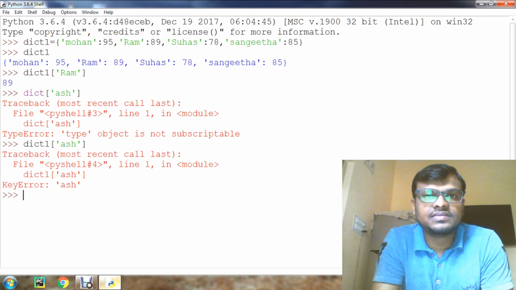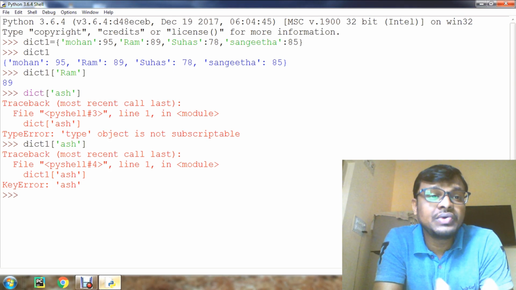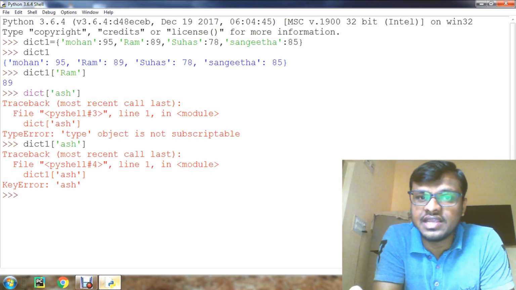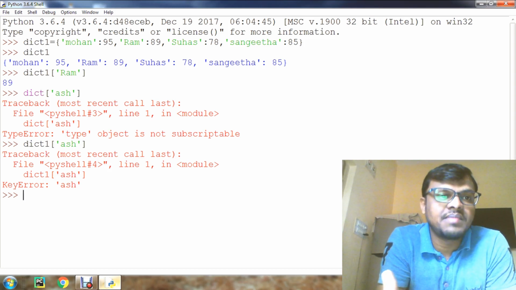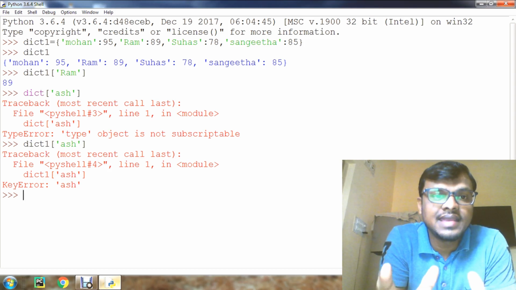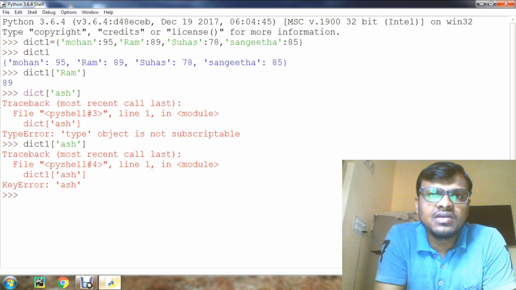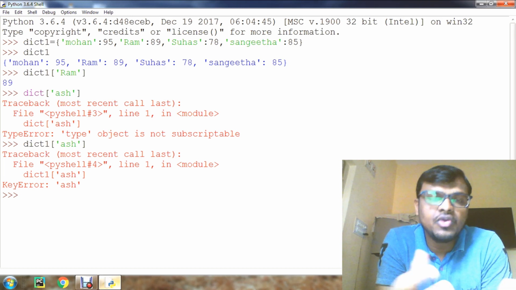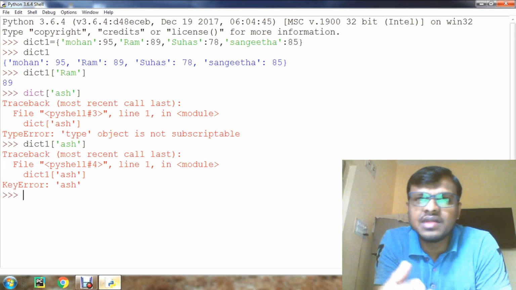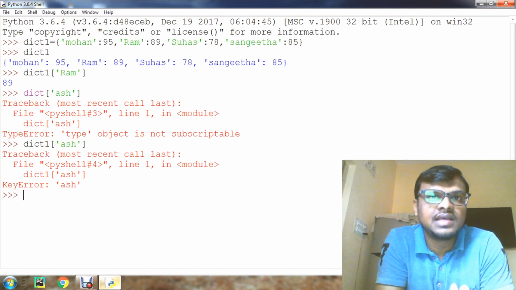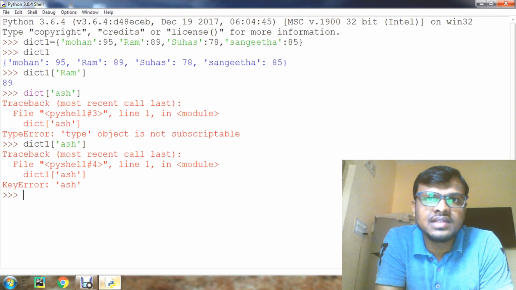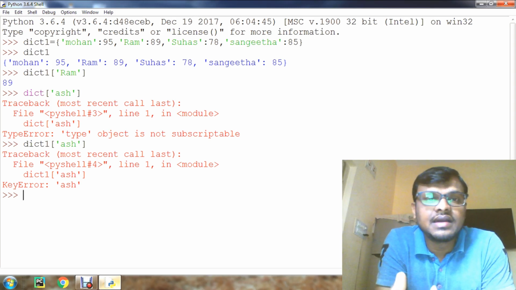So whenever you want to access the items present in the dictionary, we can directly access them by using the keys. Now, dictionaries are mutable, which implies that the contents of the dictionaries can be changed and modified once after they have been created.